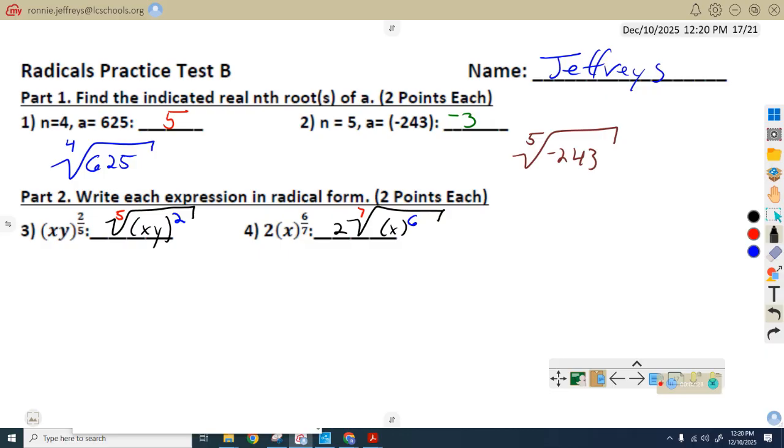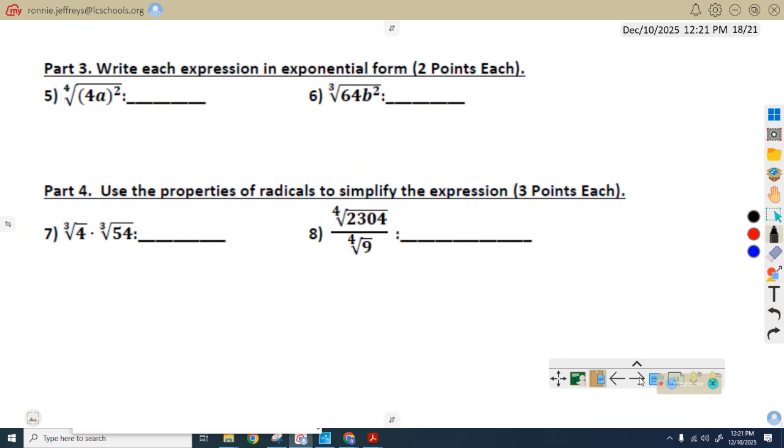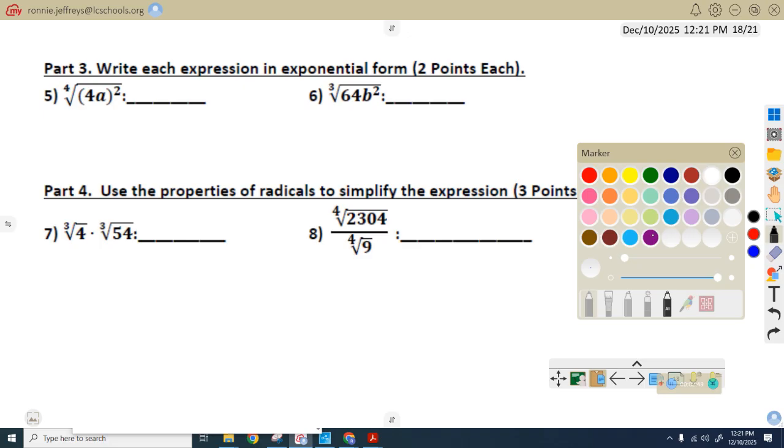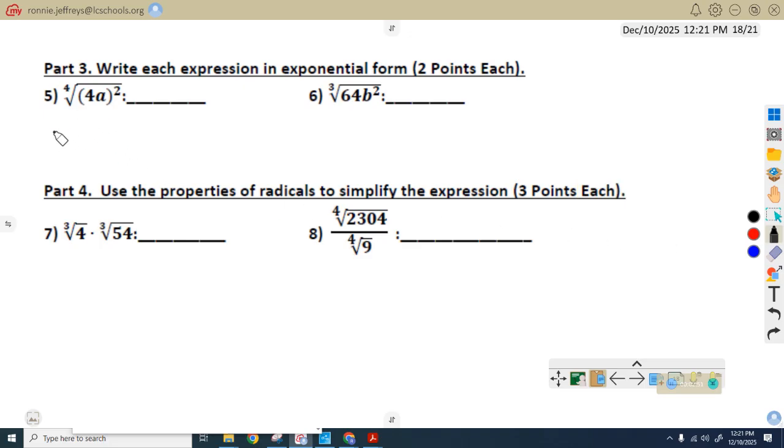Alright. So are we good for 1 through 4? Alright. So, moving on. Now, number 5. So what we're going to do, we're going to split this first. So we're going to say the 4th root of 4 squared. And then,